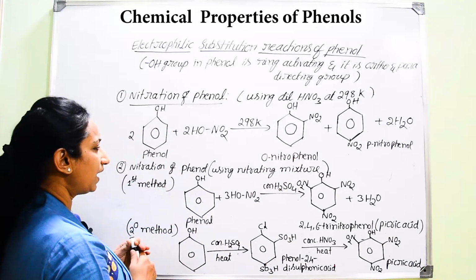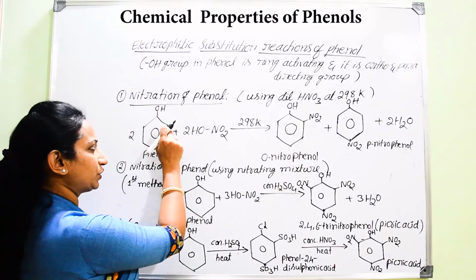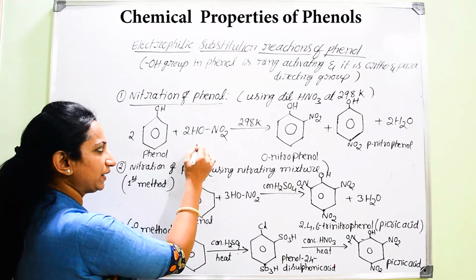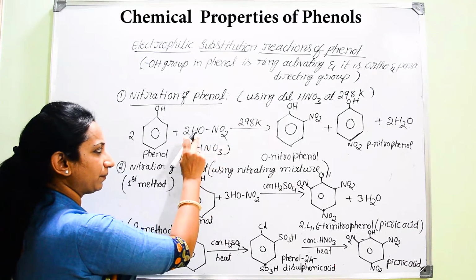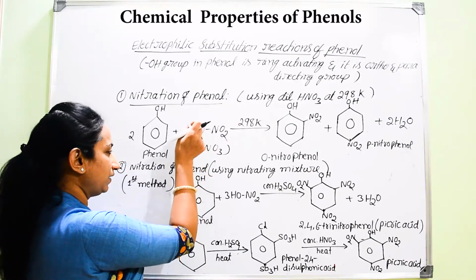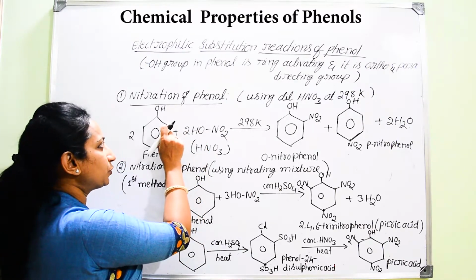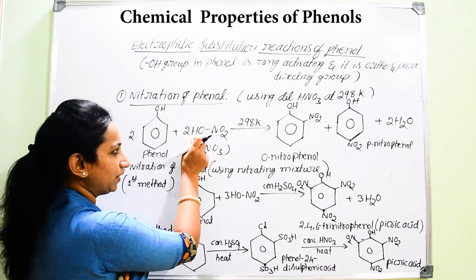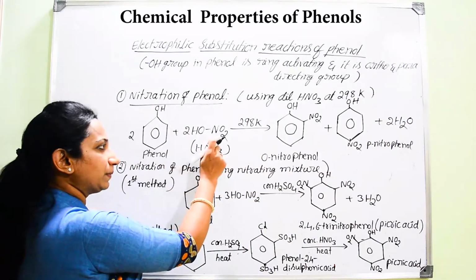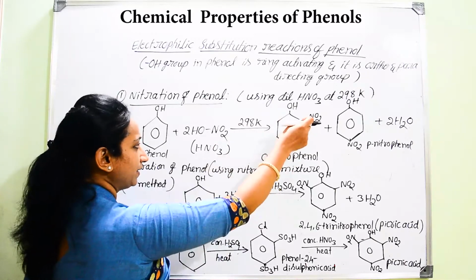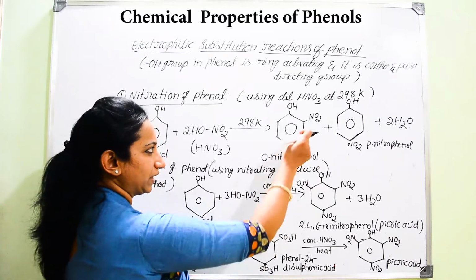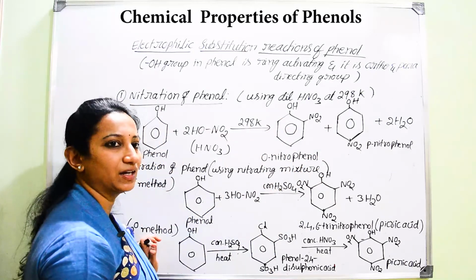When the hydrogen atom present at the ortho position interacts with the OH group of HNO3, instead of writing HNO3, I have written this as OH and NO2. This OH group will react with the hydrogen at the ortho position, which helps in the removal of a water molecule. That hydrogen will be replaced by the nitro group. Hence it results in the formation of ortho-nitrophenol. So the nitro group is substituted exactly at the ortho position.